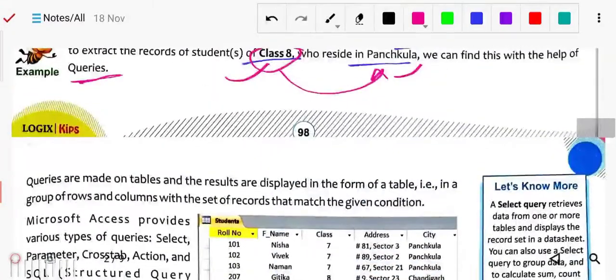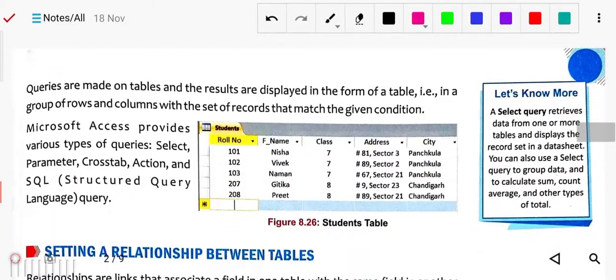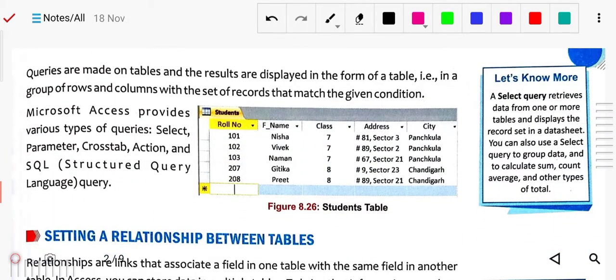Queries are made on a table and the result is displayed in the form of a table. The result is a group of rows and columns with the set of records that match the given condition.